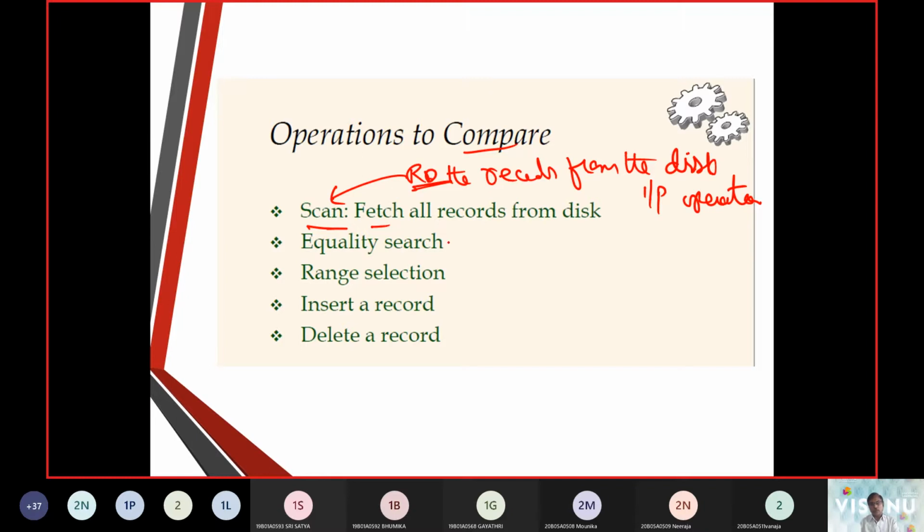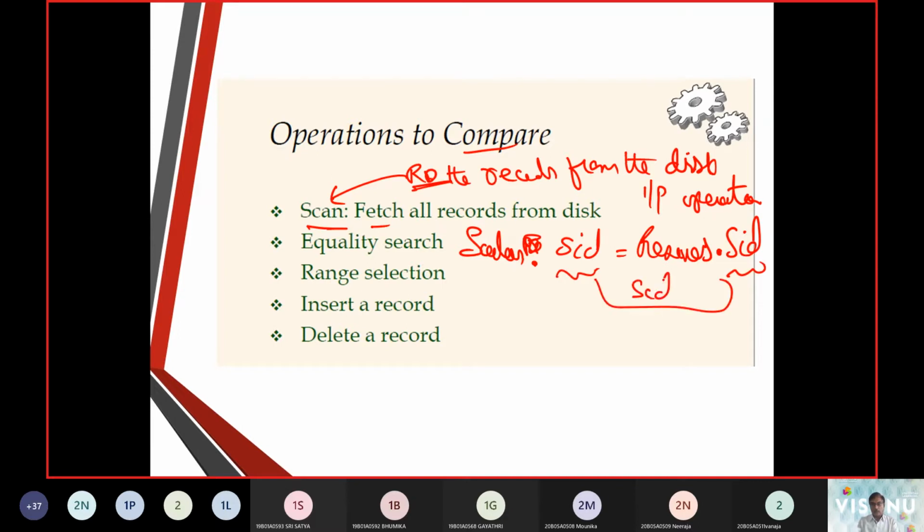The next one we call equality search. For example, Sailors.sid equals Reserves.sid. Now the sailor ID is available in both tables, right?